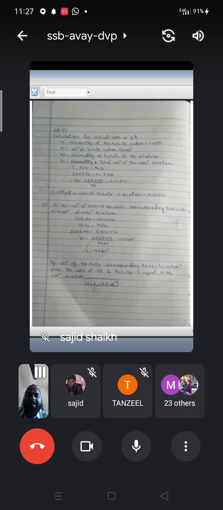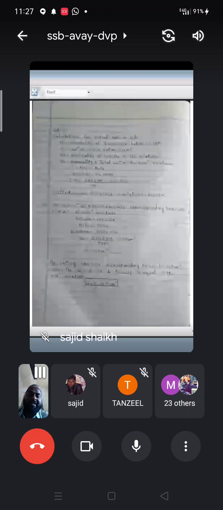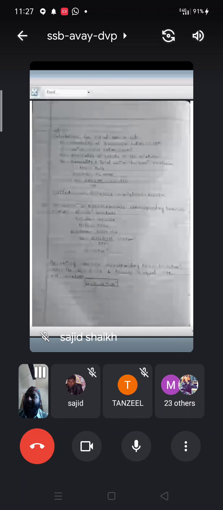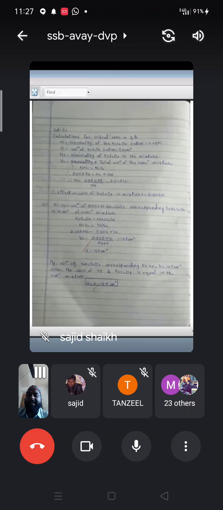How does that come? N1V1 is equal to N2V2. We know the normality of this K2S2O8 solution. We have taken 10 cm³ divided by the concentration of the Na2S2O3, that is 0.002 normal. When we solve this, we will get A equal to 125 cm³. For this set, A is equal to B is equal to 125, because A is the first reactant and B is the second reactant, both having the same concentration. That's why A is equal to B is equal to 125 cm³. You got this point? It is a very simple thing, no complication at all in this.